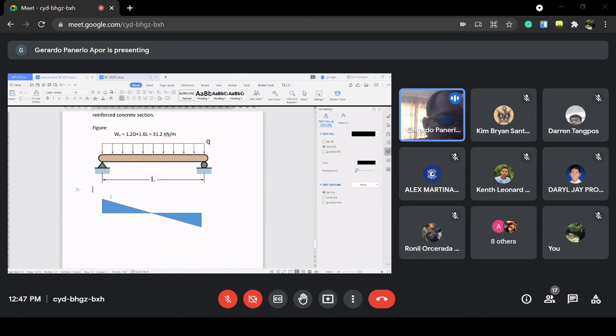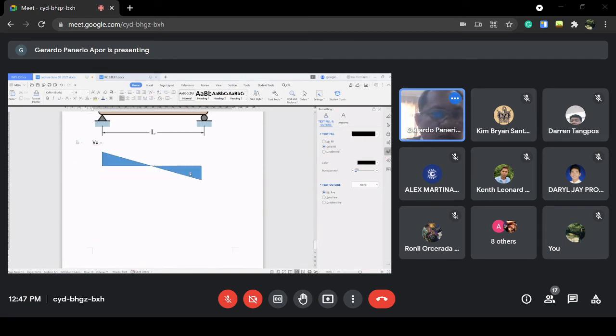Okay. So the VU here, VU is equal to 31.2 times length times 4. So 126.4. Now, if we have an email in middle, MU equals to 126.4 times 2, 252.8 kN·m. And so